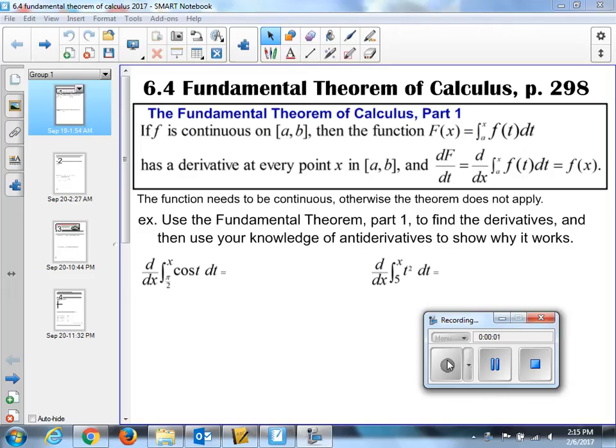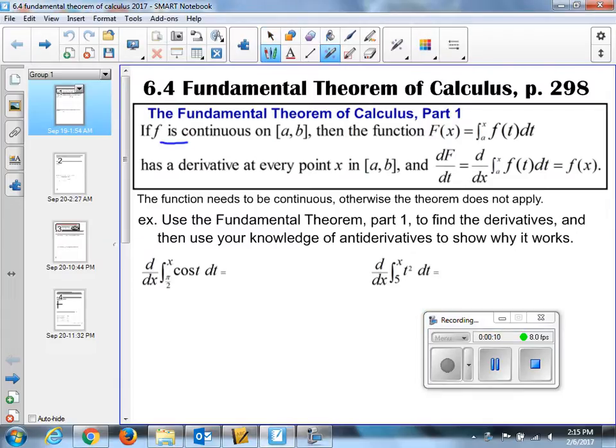So 6.4, the fundamental theorem of calculus. There's a part 1 and a part 2 to this theorem. The first part. If f is a continuous function on a given interval, a to b, then the function, capital F if you'll note,